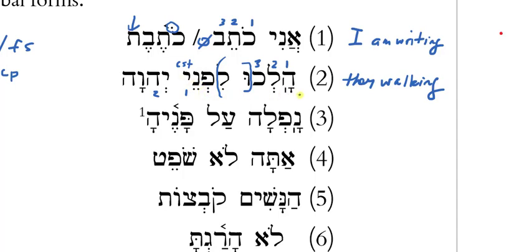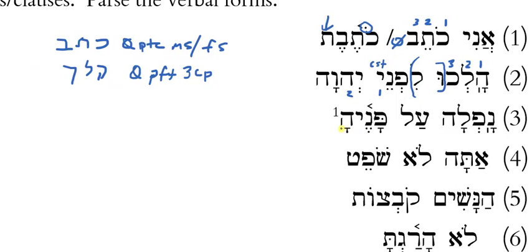What do you think that means? They walked lifnei Adonai. What do you think that means? Yeah, it's before, in the presence of, right? Because if you're doing an activity that's up to the face of someone, it means it's before someone or in the presence of. So they walked before Yahweh.